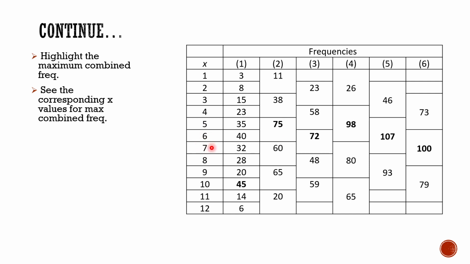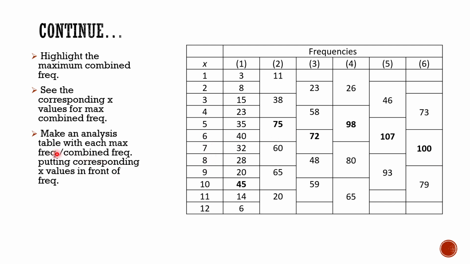and 7, because by combining 6 and 7 we have got 72. For 98 we have 4, 5, and 6, because the corresponding frequencies of 4, 5, and 6 give 98. Similarly for 107, that is 5, 6, and 7, and for 100 the corresponding x values are 6, 7, and 8. And with this you will have to make an analysis table with each maximum or combined frequency, putting the corresponding x values in front of the